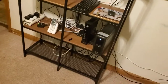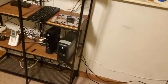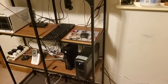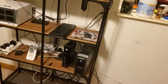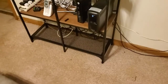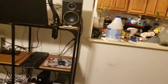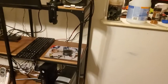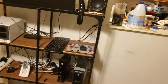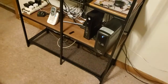I hope you like that. This is just replacing 3 different pieces of furniture, and also since the one I had before was broken, we got an even better one, and it basically is being used as a secondary media PC, and also it's my Steam box. And if I wanted to, I can hook that adapter that's right there to my computer